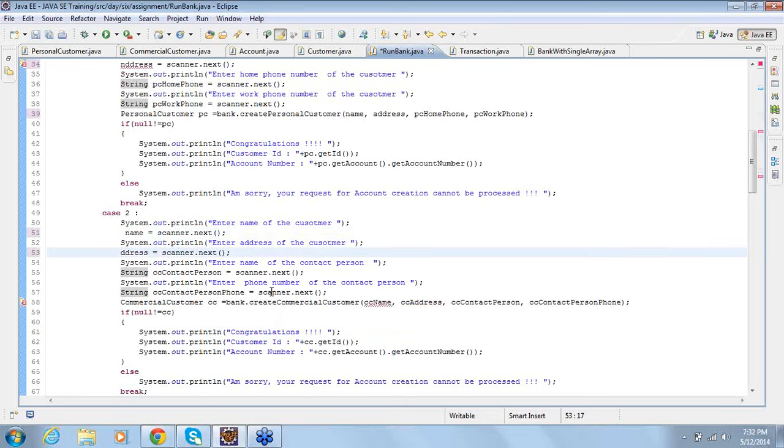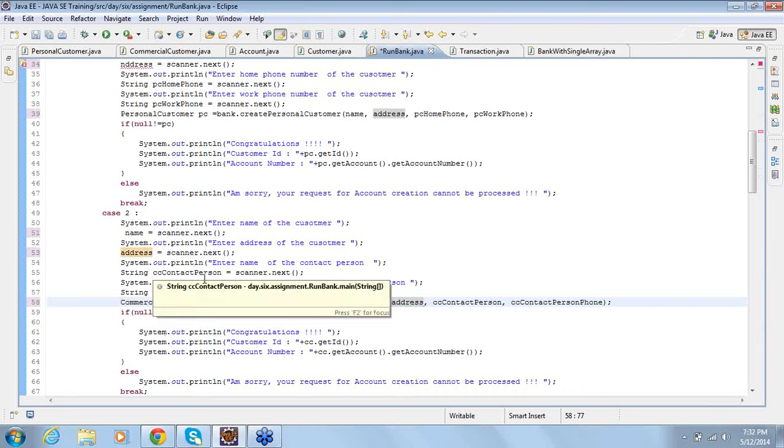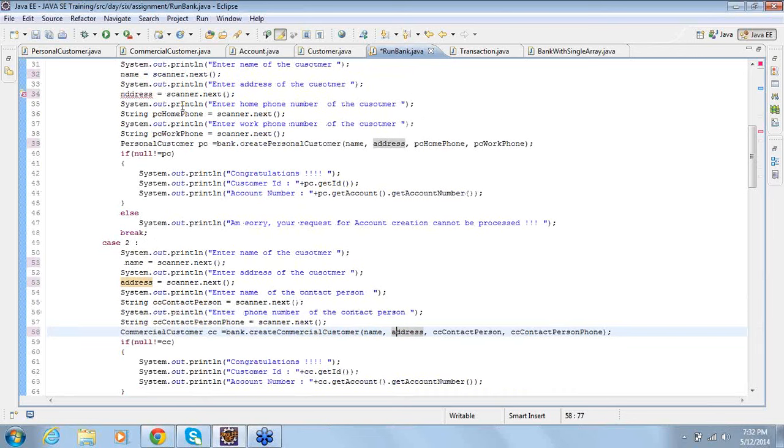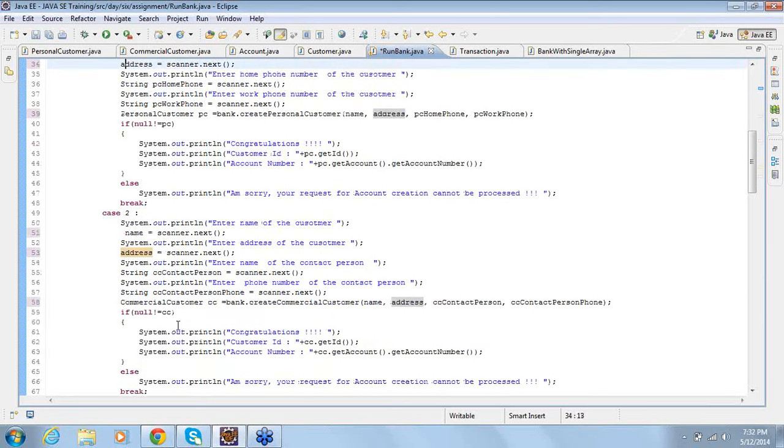If you think there is something which is going to be used again and again. But when it comes to contact person and contact person phone, home phone and work phone, I won't be doing that. The reason being, they are needed only in case one and not in case two. They are not needed in both of them.